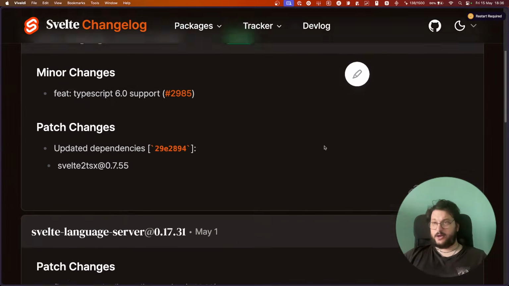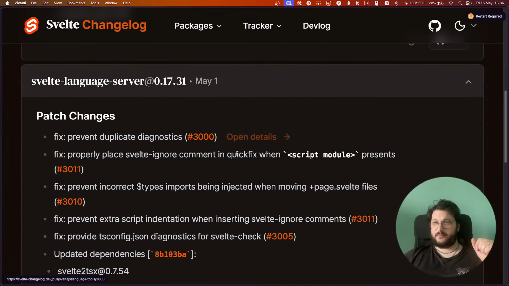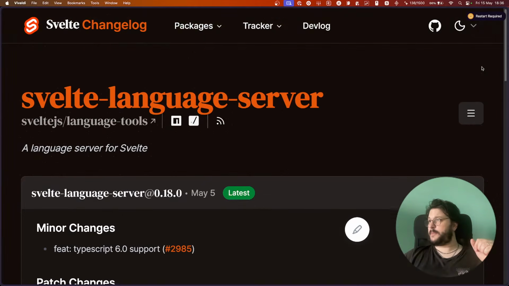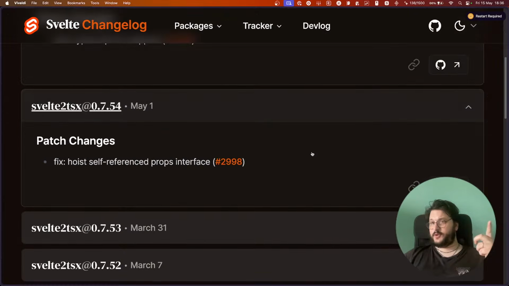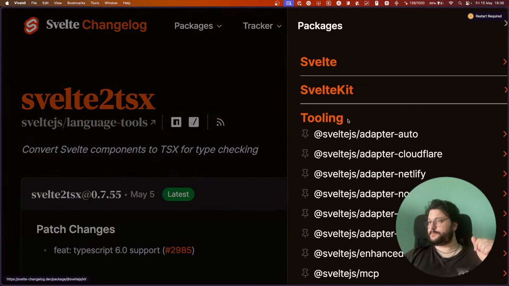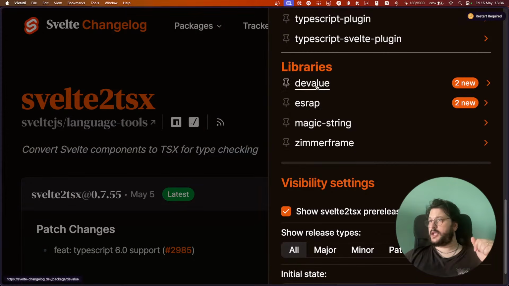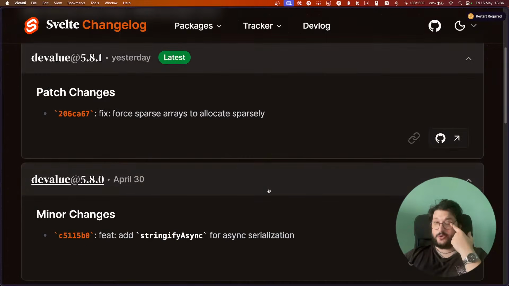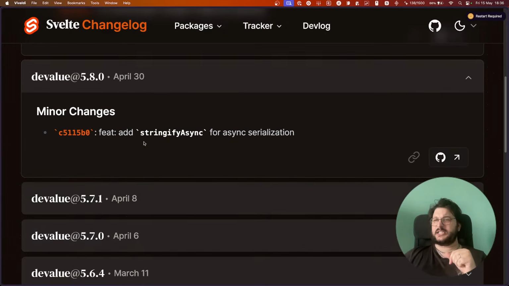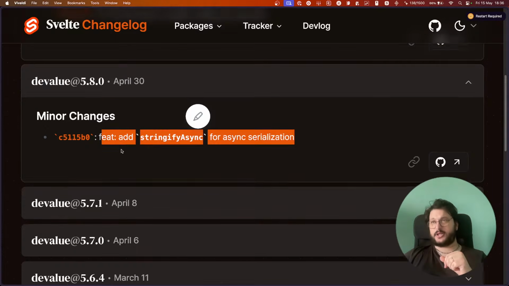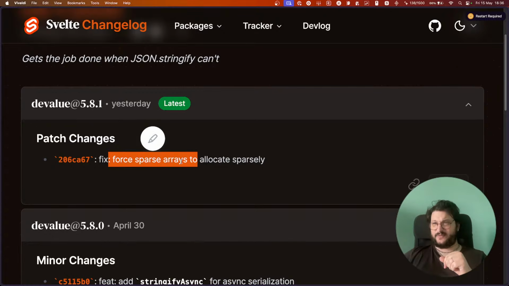2 new releases of the language server, which is still basically the same as the extension. Same thing for Svelte to TSX. We have 2 new releases of devalue, one of which adds stringify async for async serialization, but this forces sparse arrays to allocate sparsely.